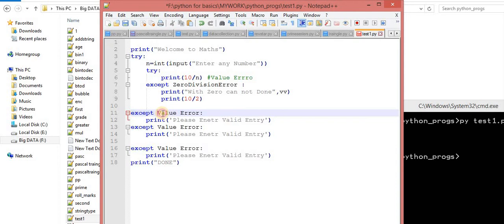If any of the classes match, any of the errors match, it will print that particular output on the screen. But the outer try is associated only with this and this, and so on. So this is the concept of the nested try block.